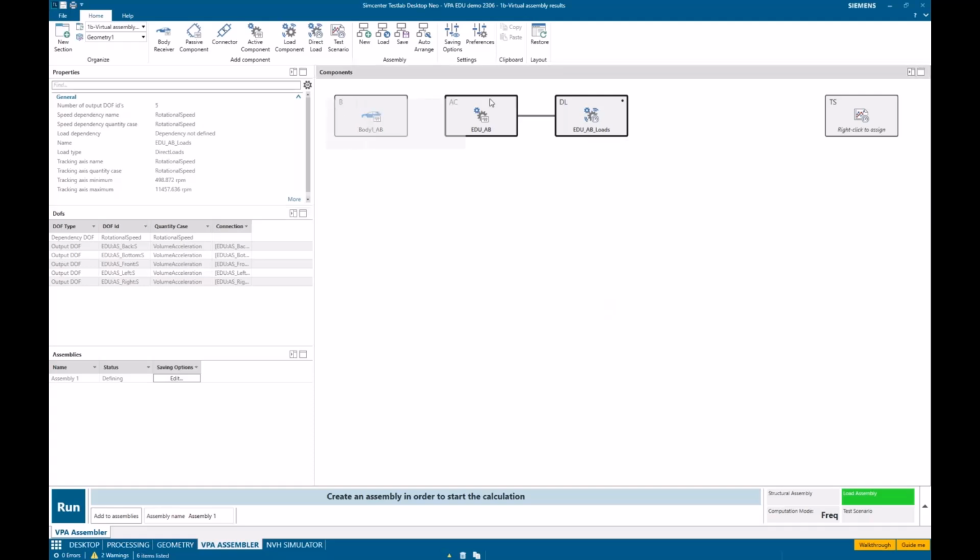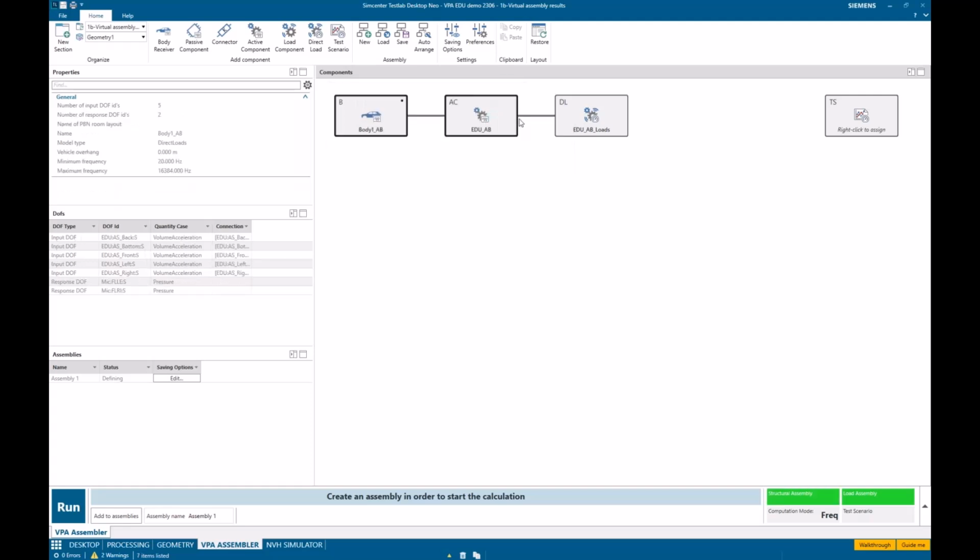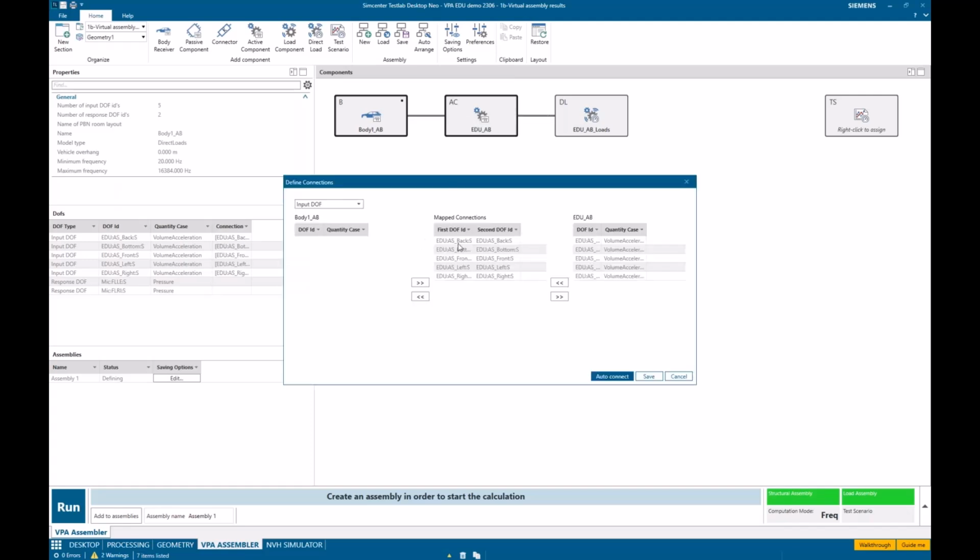And because I've taken care, I can select these two and I can say auto connect. If I did want to do this manually, I would just see a list of input degrees of freedom available for the body receiver over here. In this case, there are these 5 EDU locations where we put the Q source and measured. And on the active component side, this is the actual direct load of the force.